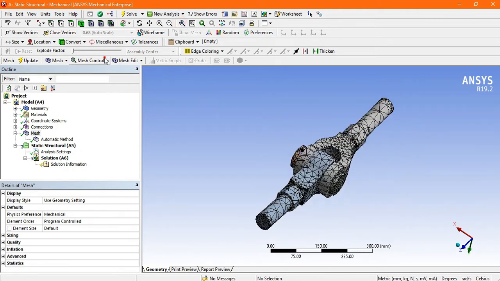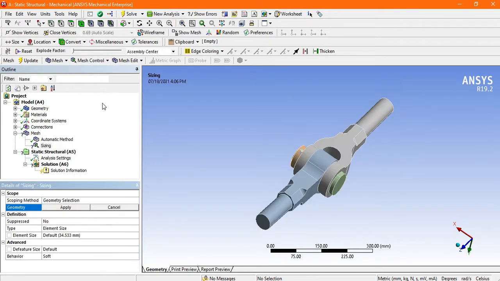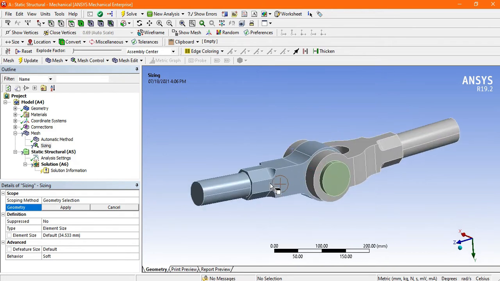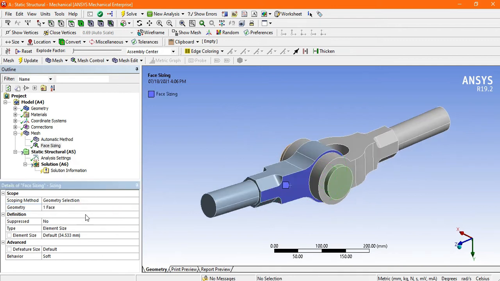Now next one is the sizing. Go to sizing. It asks to select the geometry. Suppose instead of geometry I want to select the face. Select this face, apply, and it asks for the element size. Here the default size is 34.533 mm.